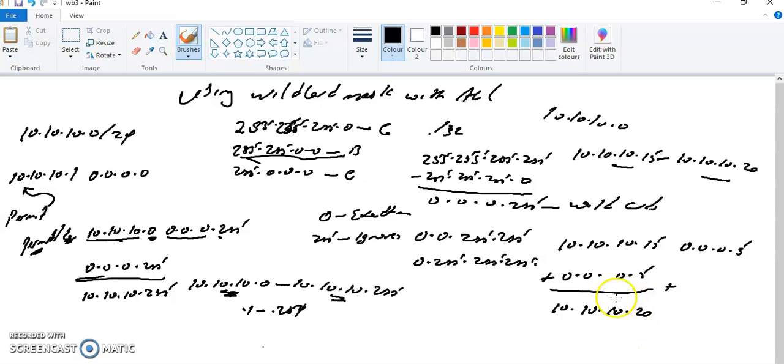10.10.10.20. So meaning the router will permit addresses from 15 to where? To .20. So what if I want to capture addresses from, let's say, from... okay, now let's say we have